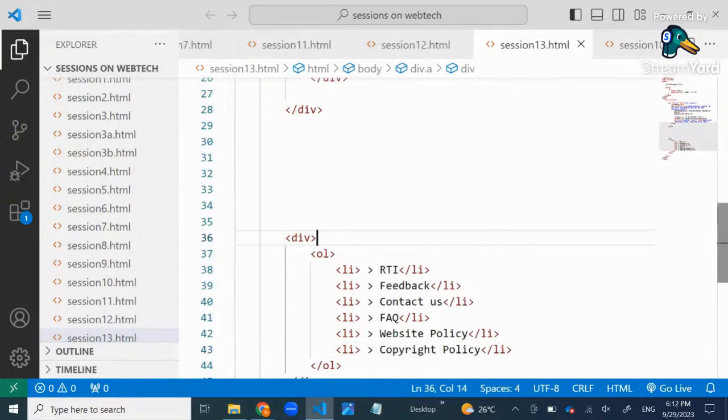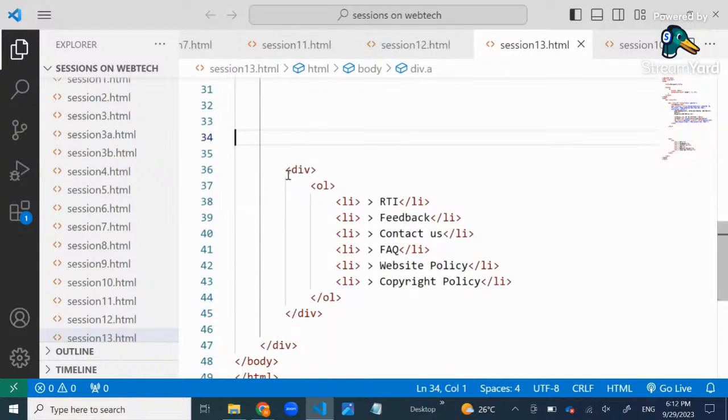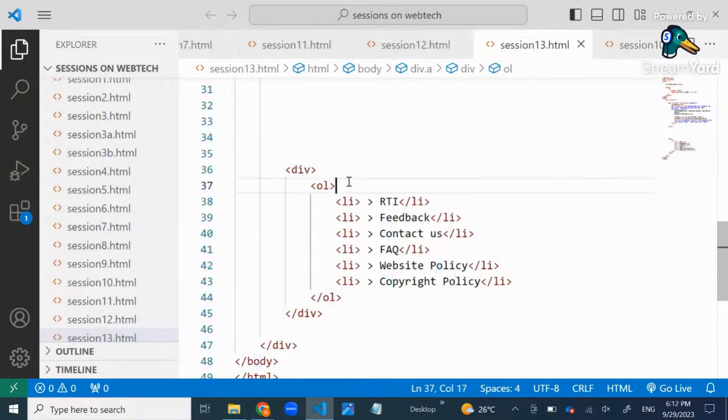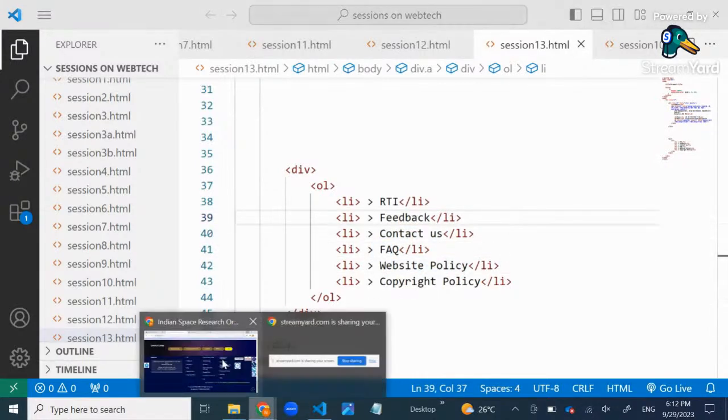Okay, so what we have given, look here, what we have given is, so div I have taken, I have decided to create one ordered list. How? Just by giving OL. Then we have put the elements inside li tag. Okay, all right. So using li tag, we have created the elements. So I will save, go to my output,